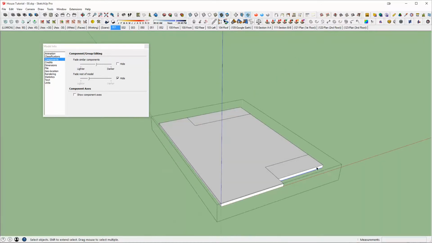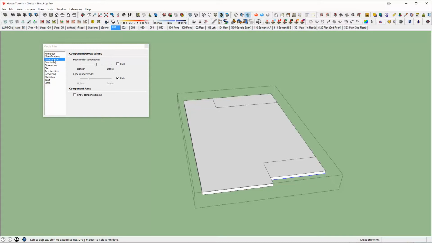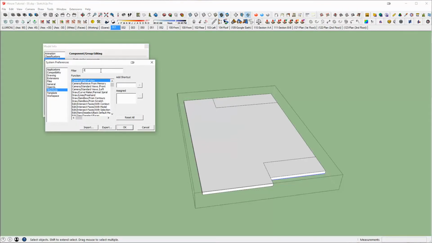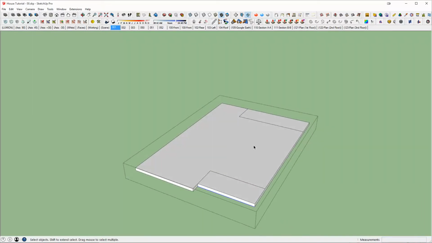And it's just a simple way of being able to edit things really quickly. Sometimes you want to reference the model, sometimes you don't. So it's just a great way to be able to do that. And to set that up would just simply be under Window, Preferences, and you can do a quick search of, say, hide, and you can see that there's View Components, Edit, Hide Rest of Model. Now you can see I have Shift H assigned, and that's how you would set it up. So with that set up,